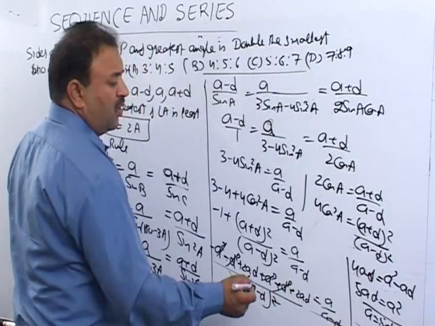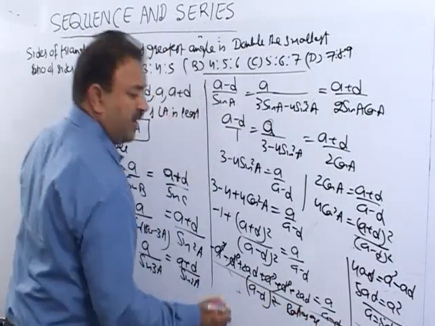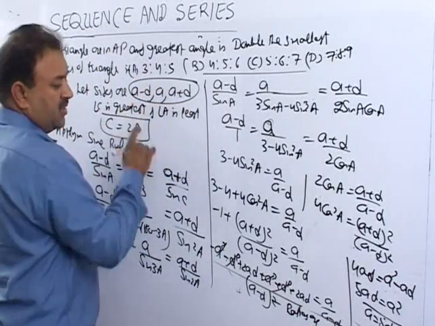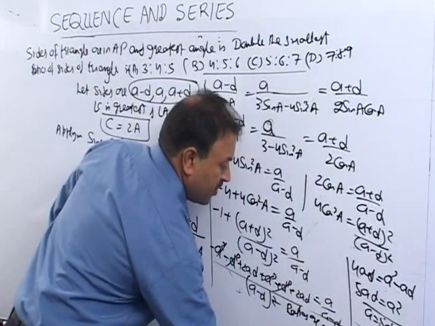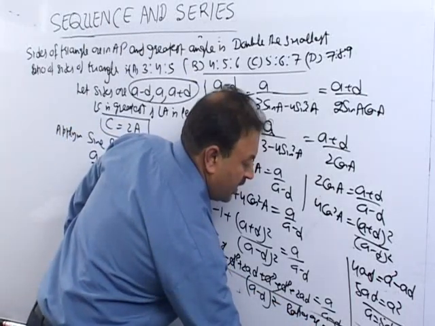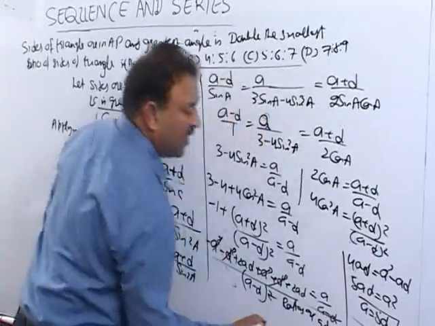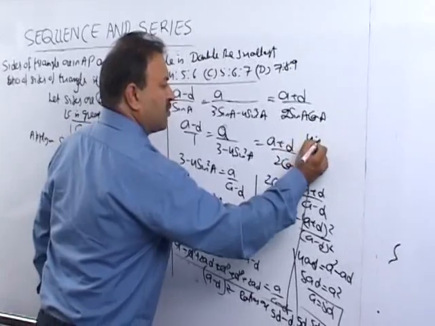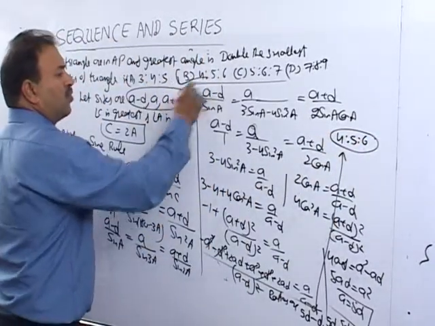Then I just find out the ratios. Where do we put the value of A? Here we put the value. The ratios come out to be 5D minus D, which is 4D, then 5D, then 5D plus D, which is 6D. Or I can say, writing down the answer here: ratio 4, ratio 5, ratio 6. So the right option comes out to be option B.